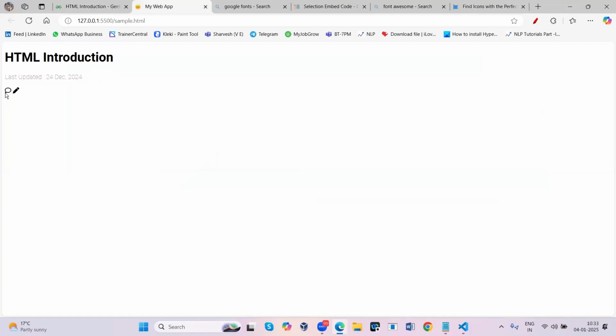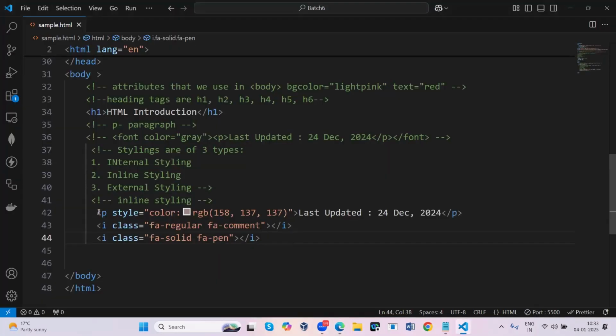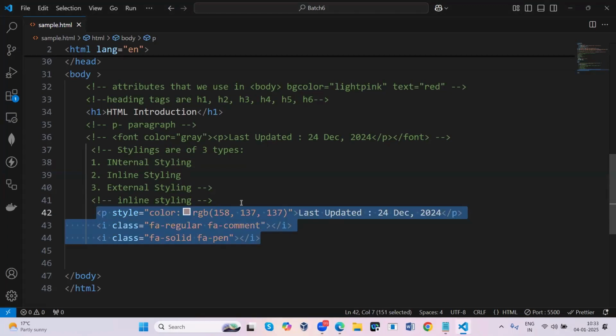Now what I should do, I just want to place these icons beside each other like this. That means these two are in a single line. That's why what I will do here is keep them in one section, grouping them in one section. So I'm going to keep these three tags under one section.